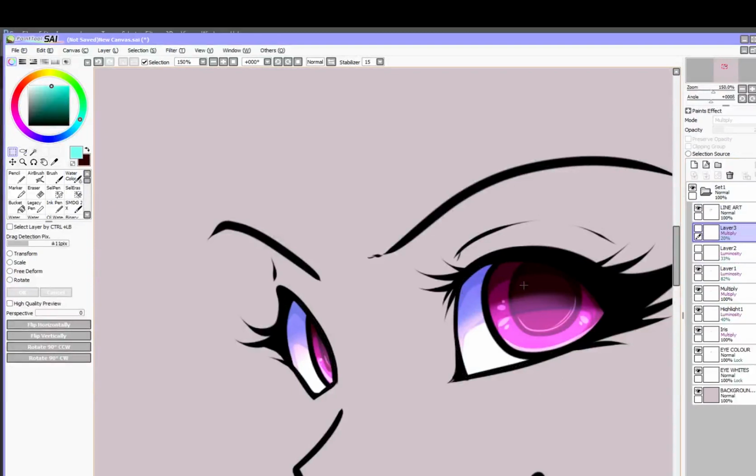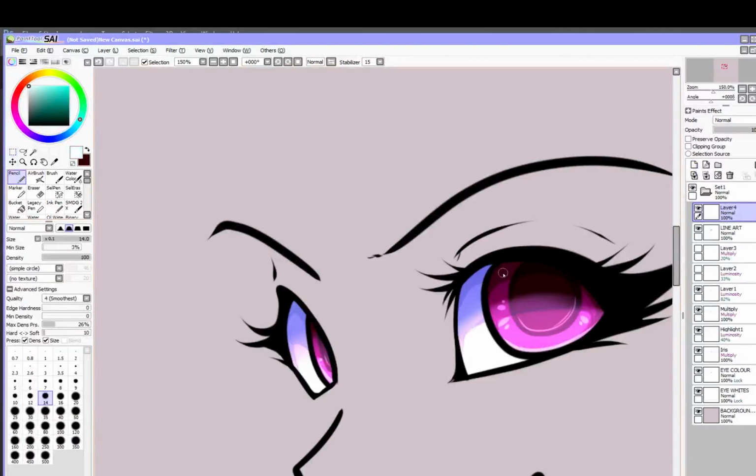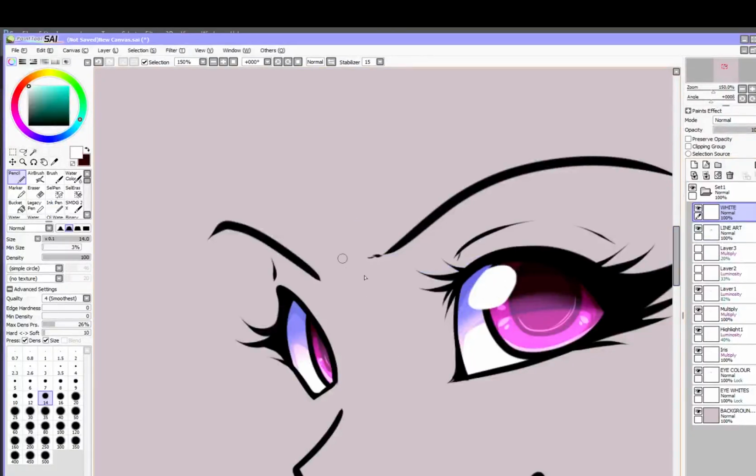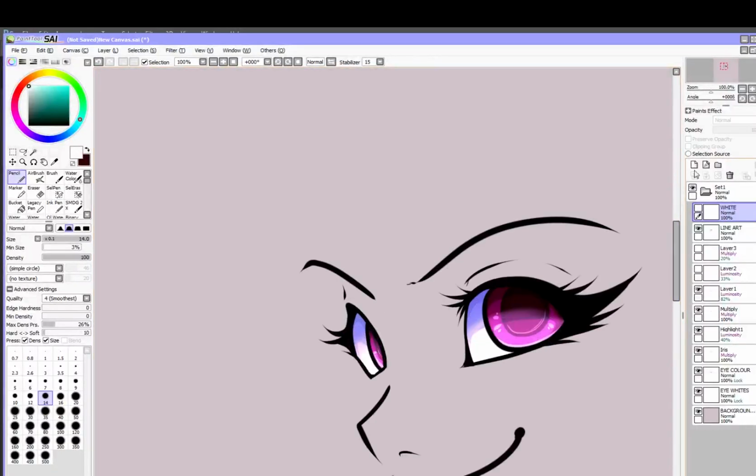So now that I've got this in, how do you get the whites of the eye? Because I always add whites over it. So let's take white, go back to the pencil. Now, there's no right and wrong. Another one. I just go above my line art layer, so we'll call this white. I just do stuff like that. You can do all sorts. It can come from any direction. So if you have bottom lighting,